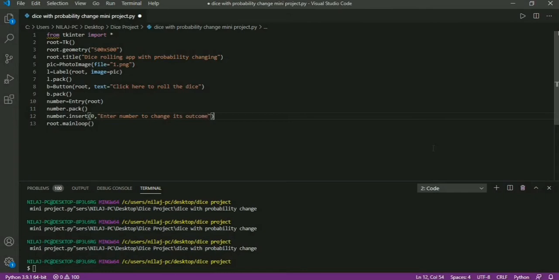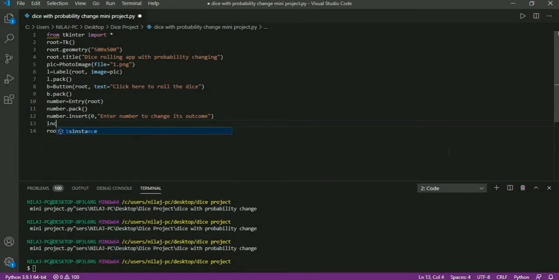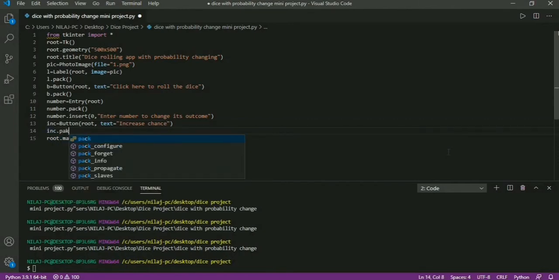one will be to increase chance, second will be to decrease chance, and third will be to reset chance. So I am creating buttons. INC increase, text increase chance, and INC dot pack.